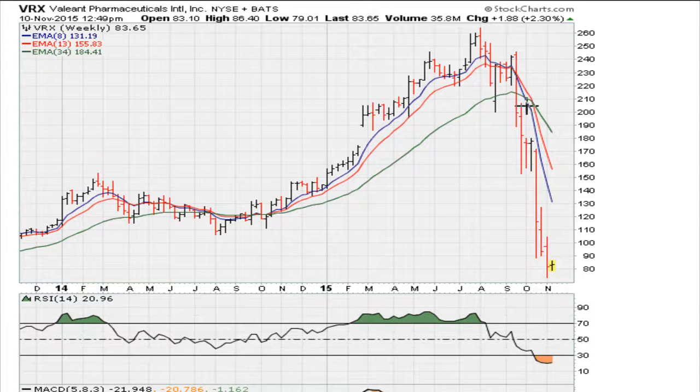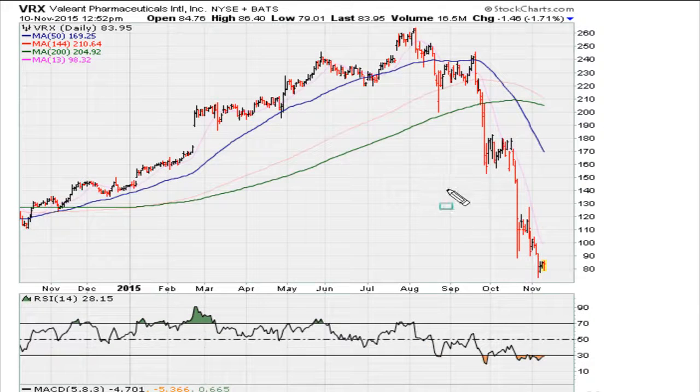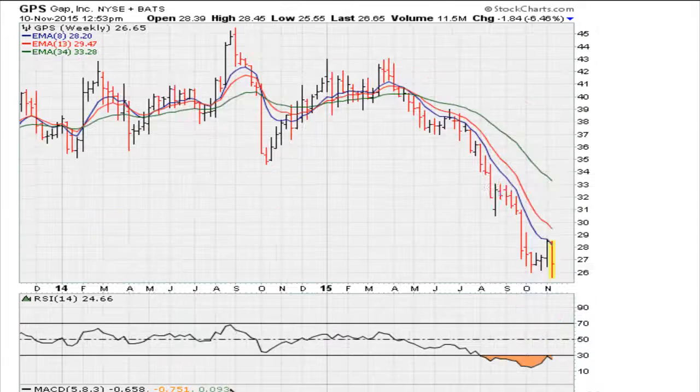Take a look also at the daily. It also continues to trade below 30.90, which is just a sign of a stock that could easily get in further trouble. So staying below 30.90 on the dailies and on the weeklies is not a good idea,